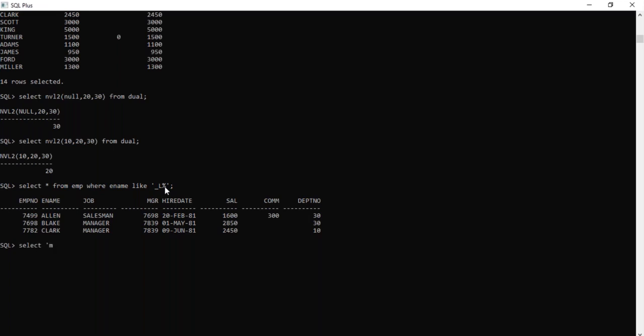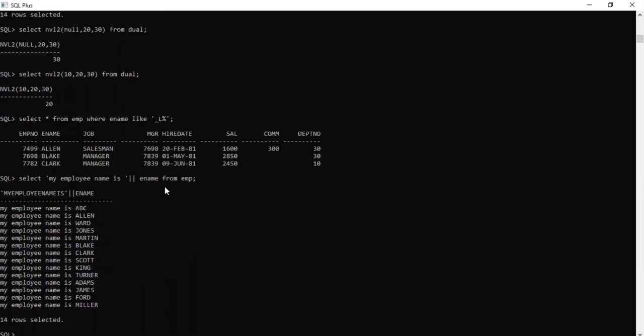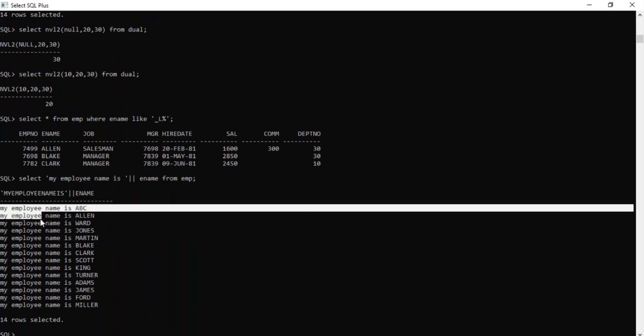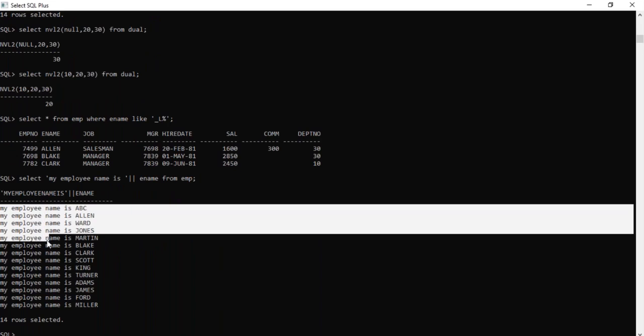See here, my employee name is ALLEN, and so on. We use this for concatenation. This will not come from the database; just in the query, we are using concatenation to display our own message along with the proper data retrieved from the query.